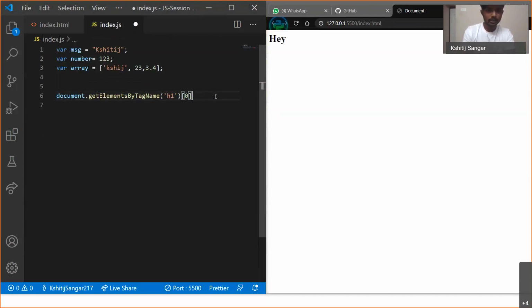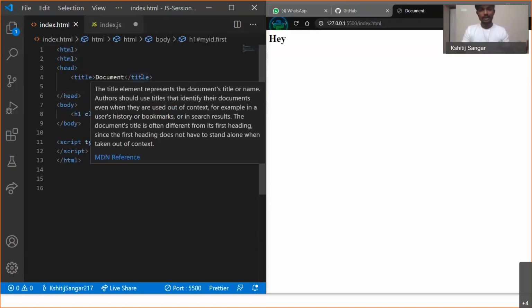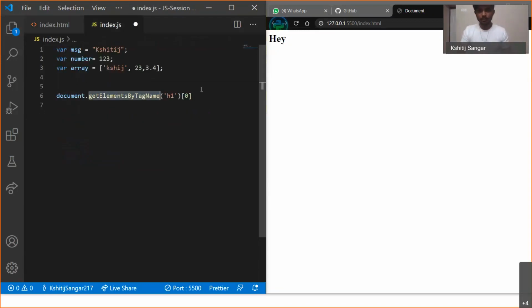What I just did is, whenever you call this get element by tag name function, it goes through the entire code of the page and finds each and every h1 tag in this website. So if there are 10 h1 tags, it will return an array of those 10 elements. That's why we have to add this 0 in the square brackets, just like we do in C to get access to elements in an array. So we just got access to the first element, which is the only element on our website.